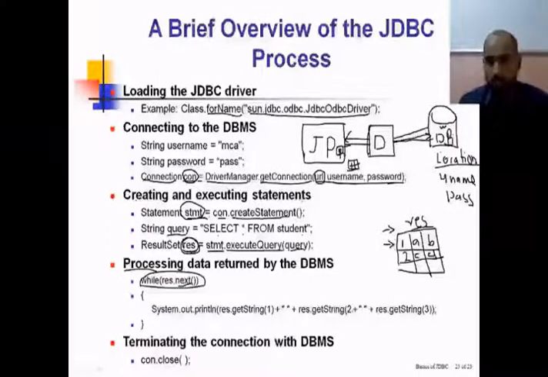Once the cursor is moved to the row, the res.next method also returns a value, which is a Boolean value. If in that particular row there is some data, then the value returned by the next method is true. Otherwise, it will return false. If you consider this example, there is some data in the row. That means for the first time, the res.next method will return the value true.